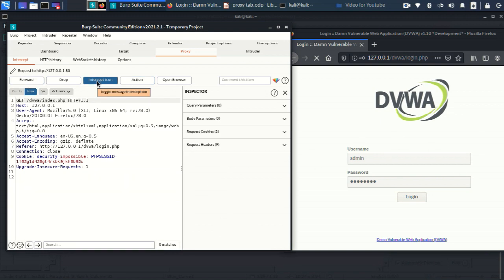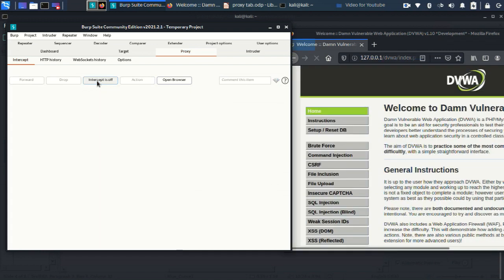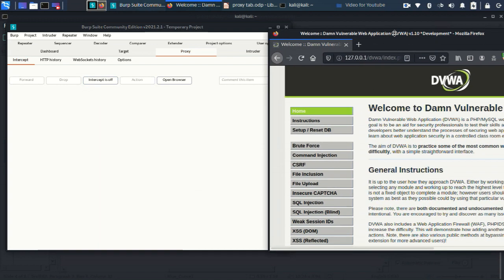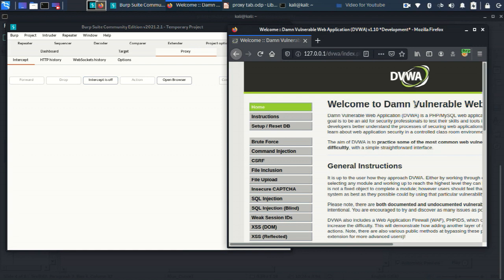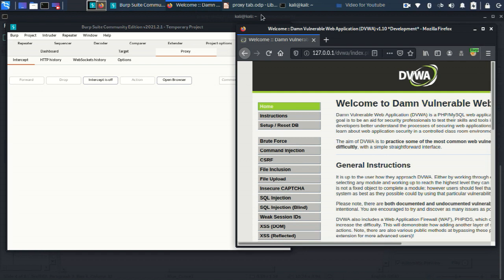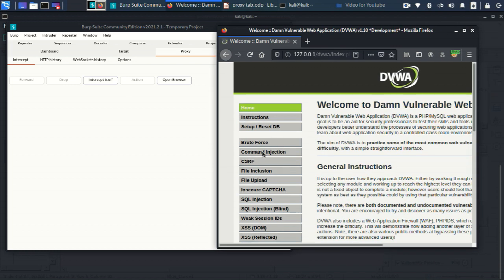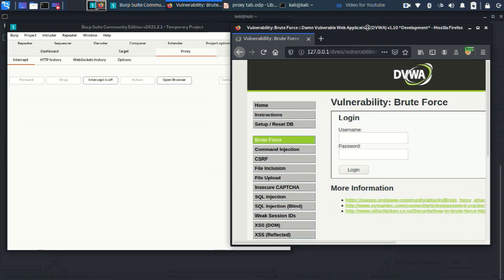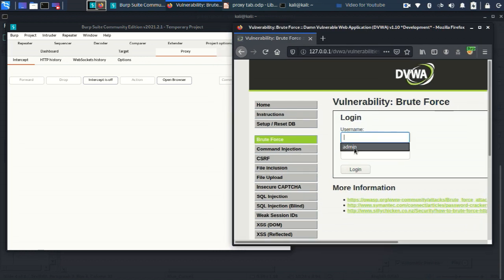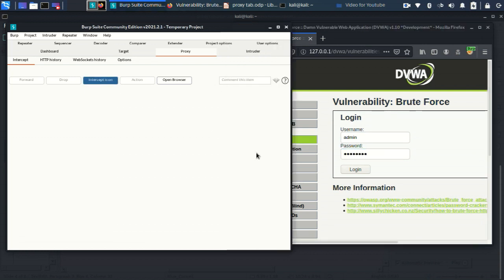Now I told you that we can also modify the request and see what the response is. Okay, let's do it. Let's click here on Burp Suite. Again I'll try to log in and see what happens. Turn intercept on, make it login. See the same thing, this login request has been captured. You can see username, password, and everything.